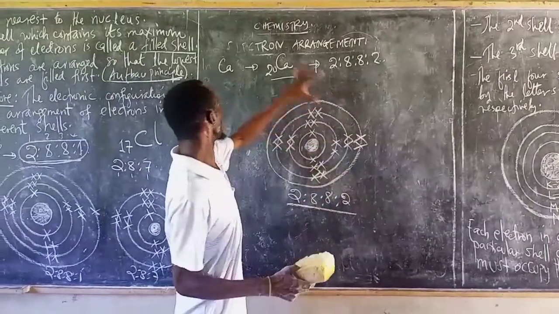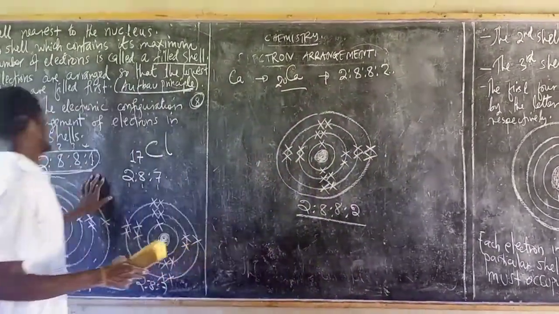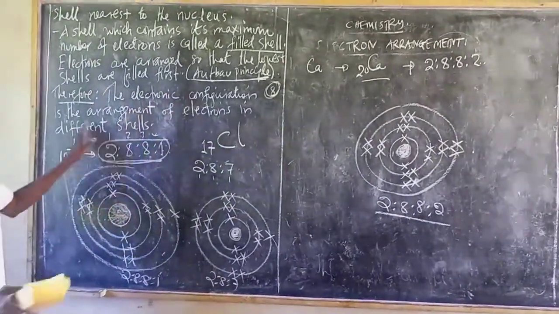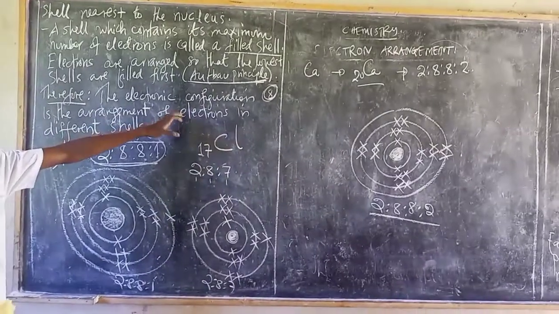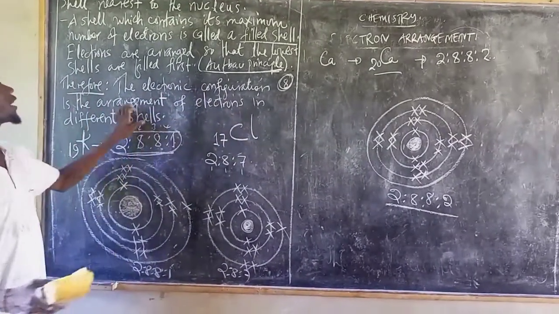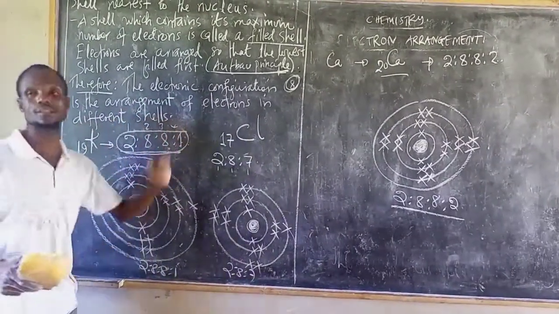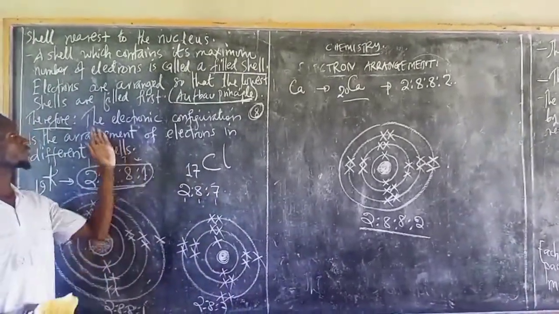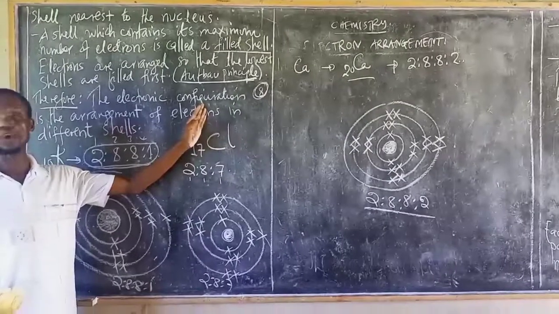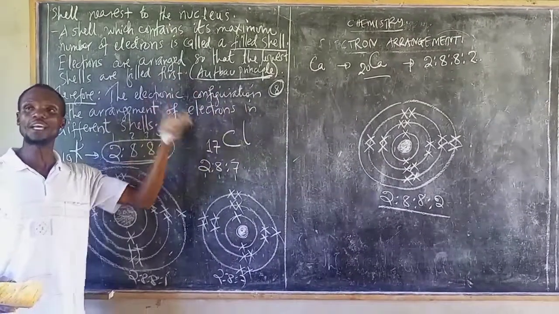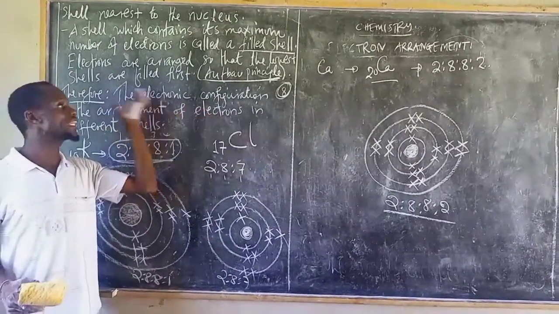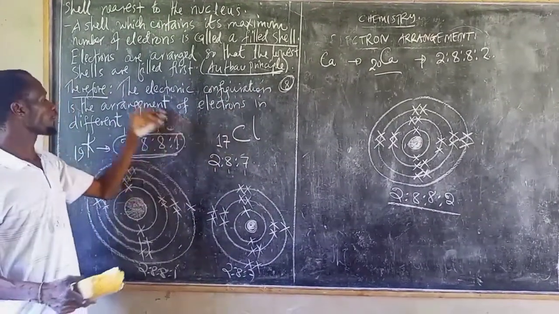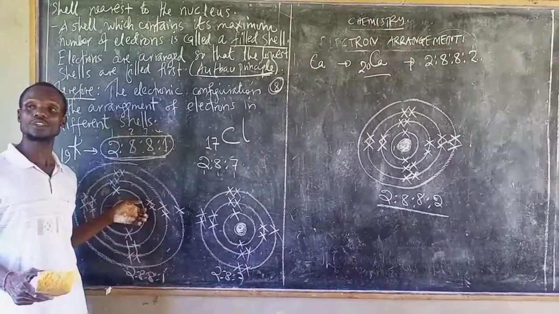So that's all about the electron. Therefore, we now come to conclude by saying the electronic configuration is the arrangement of electrons in different shells. The way you arrange electrons in different shells, we call it electronic configuration. To configure electrons is all about arranging electrons in their different energy levels. This is how we arrange them. So you got to be very careful when talking about arranging